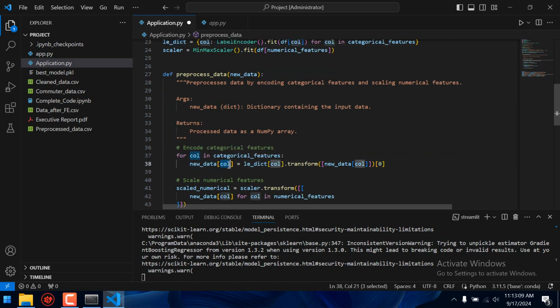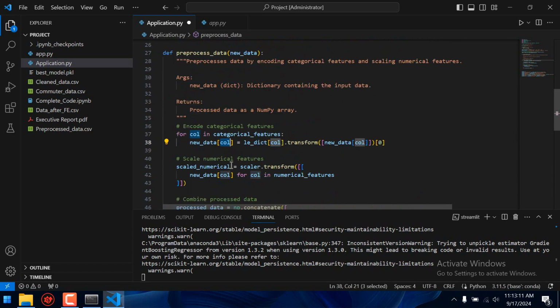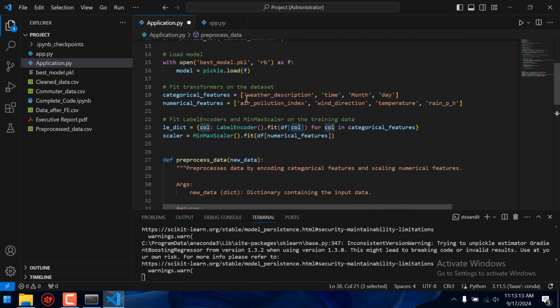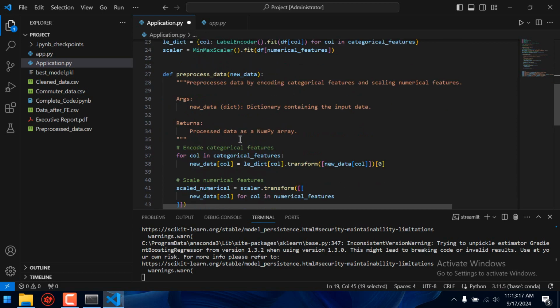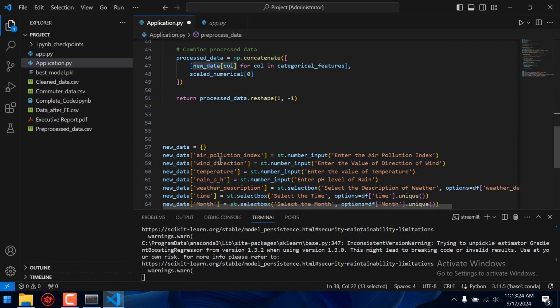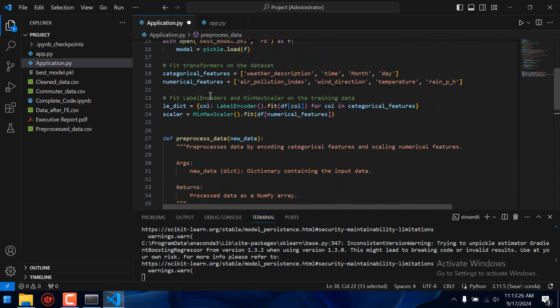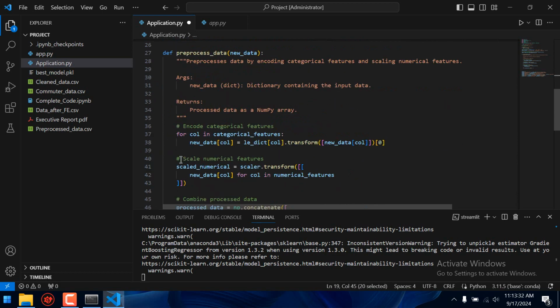In the new data, there is a column with the same name as this column. For example, our first variable is weather description, so it will iterate over weather description. In the new data, at the place of that weather description, we will replace the values with the encoded values of this column. We do the same thing for all of these.